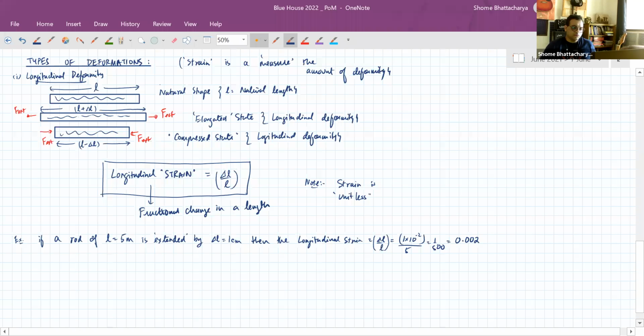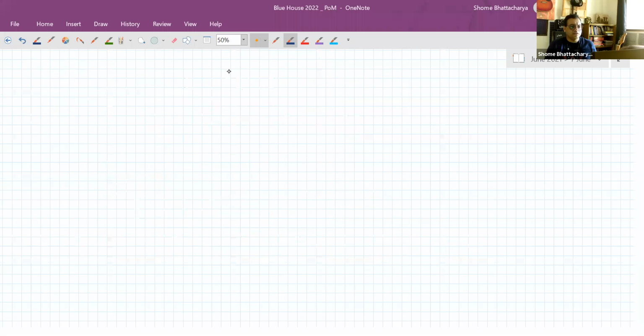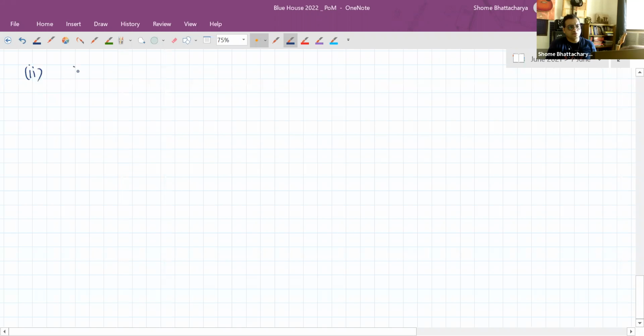Okay, so this is clear, I hope. Now the second type of deformity is what we were discussing earlier. It is called shearing. And it is measured by